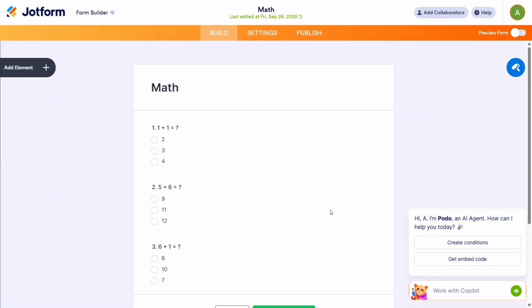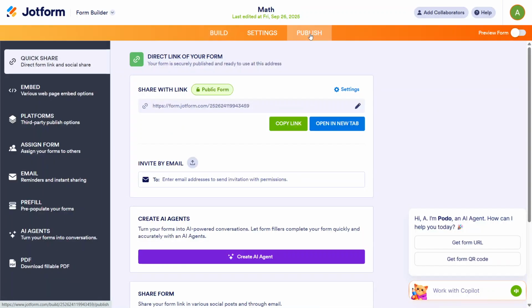At the top of the form builder, you'll see a menu bar. Look for the option labeled Publish and click on it. This is where Jotform gives you different ways to share your form. By default, you should land on the Quick Share section. If for some reason you're not there, simply look at the left side panel and click on Quick Share to